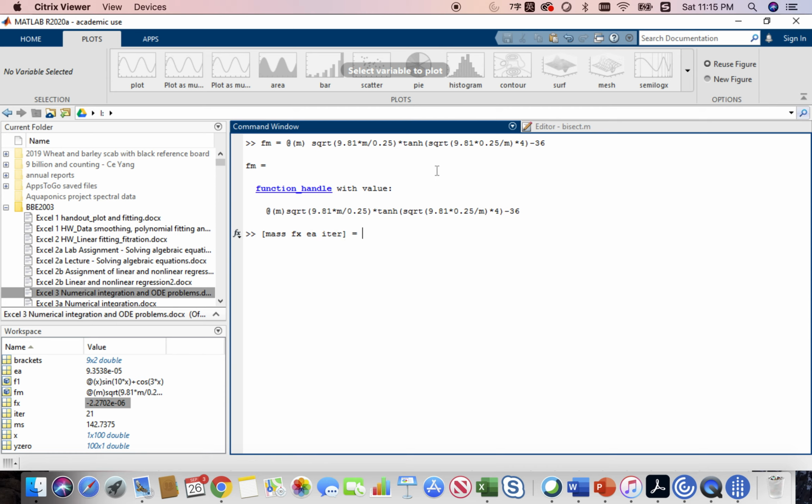These are the outputs of the bisect function, and the inputs are fm, xl, and xu, which are the lower and upper bound for guess. And now if I hit enter, I will use default values for the desirable error and maximum allowable iteration. So now if I hit enter,